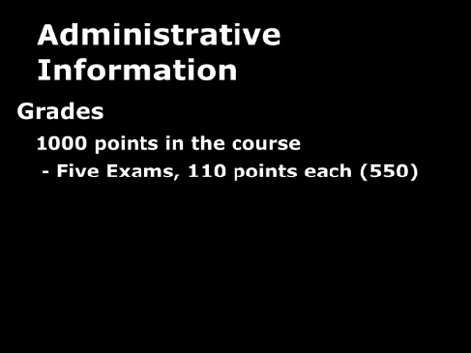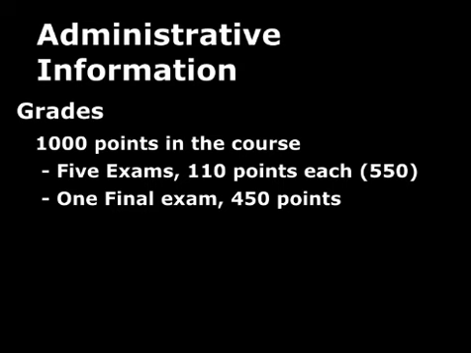Now there is a chapter 6, but we don't have a separate exam for chapter 6. Instead, there's a final exam, which is worth 450 points, which covers chapter 6, the last chapter, but is also cumulative. It also has sections that correspond to material from chapters 1 through 5. So it's a cumulative exam. So anyway, the 5 short exams, 110 points each for 550, and then a final exam is 450 points. That totals 1,000 points.